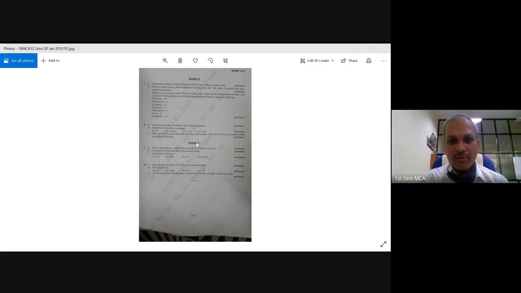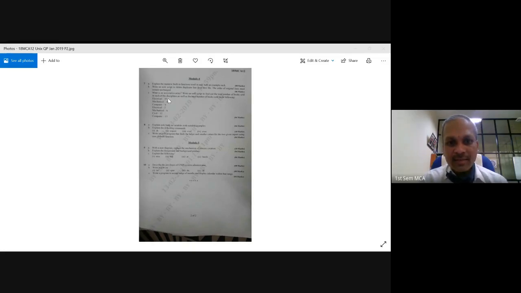So module 4 of the previous question paper is equivalent to your module 5, that is AWK and advanced shell programming. If you look at this question paper, it says: explain the numeric built-in functions used in awk with an example each. So built-in functions, what you have used. Numeric built-in functions, all your NR, FS and all. We can explain any built-in functions that we have used there.